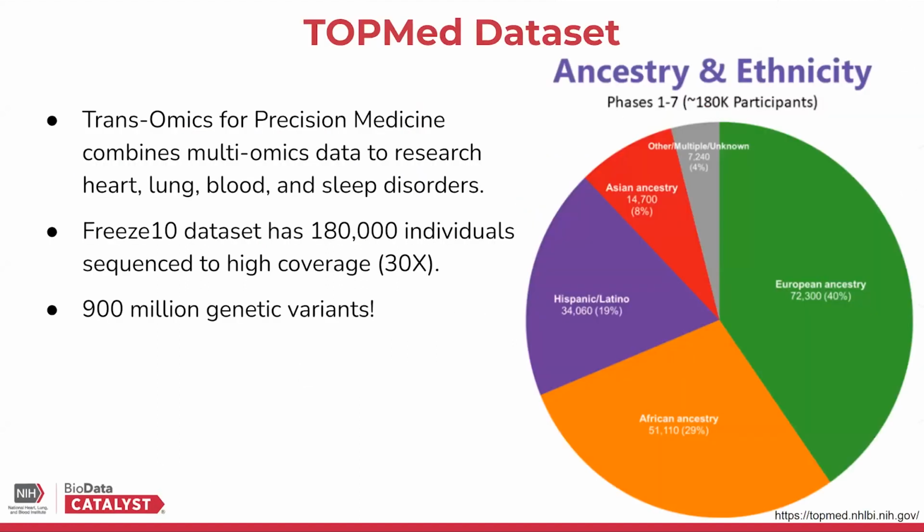The data set that I'm working with is from the Trans-Omics for Precision Medicine, or TOPMed program. If you're not aware, the freeze of the data set I'm working with is freeze 10, which is quite a large data set of high coverage whole genome sequencing. In freeze 10, we have up to 180,000 individuals, and we have about 900 million genetic variants, which is just really rather remarkable. Obviously, some of these genetic variants are overlapping and have the same position, but we're getting